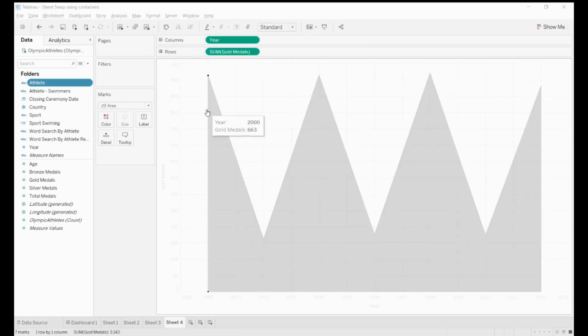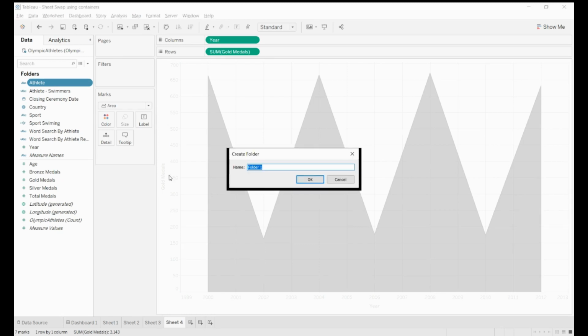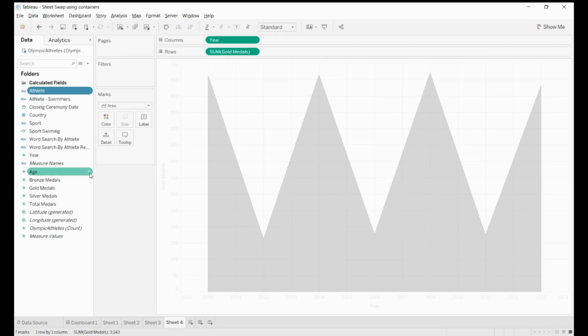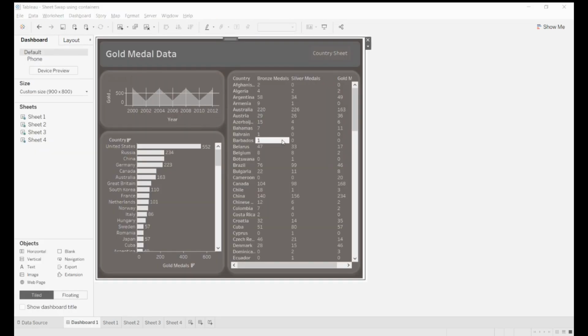The next tip I want to share is to create folders for calculated fields. The reason is that while building and improving a dashboard, you create so many calculated fields, and in this process the fields list goes on and on and it becomes a messy thing. So always create a folder for calculated fields so that you don't mess up with so many fields at the end.